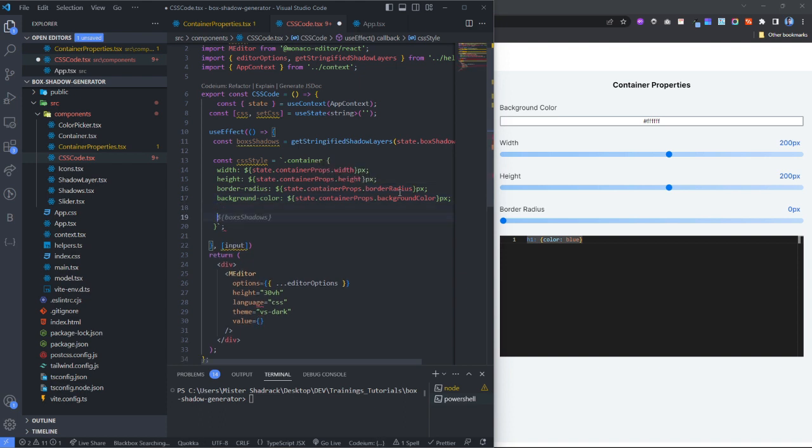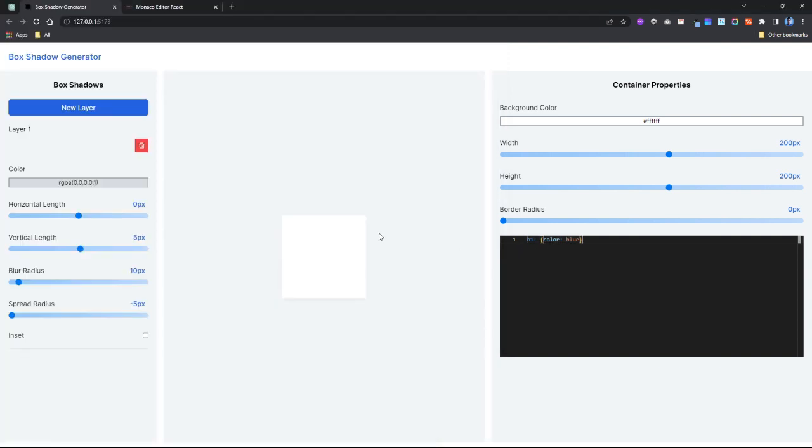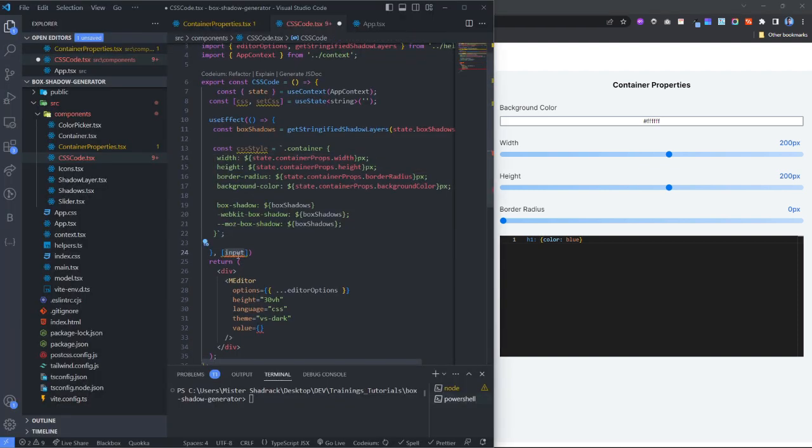And then the box shadow, it's going to come from box. The box shadow, the property, the key is box-shadow. And then I do boxShadows, which is basically this. This is already a stringified version. Alright, and I want to do the WebKit. So this is how our string is going to look in the editor. The dependency is going to be state,